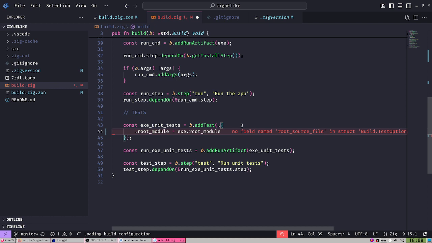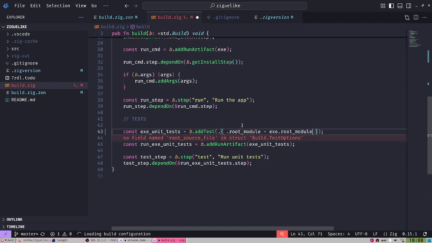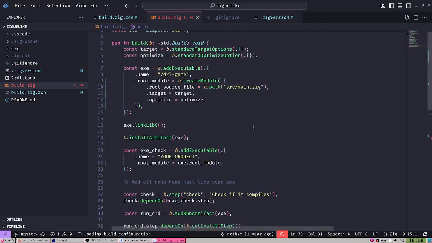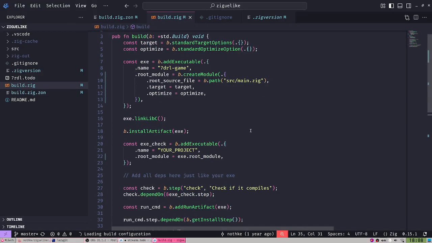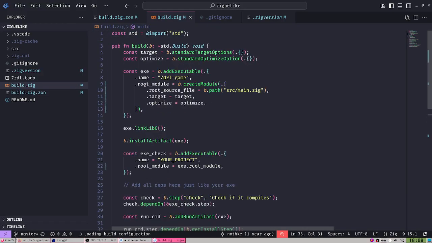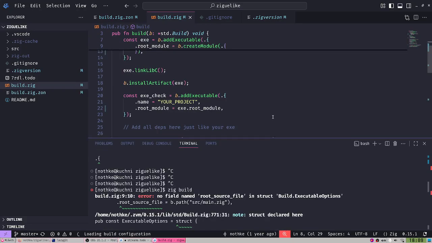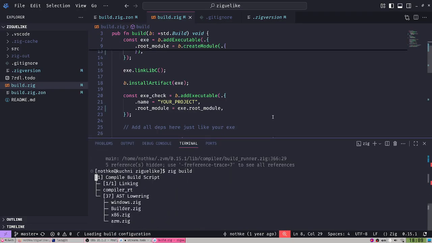I can even do away with this comment, and then it will just be inline. Nice. All right, so that should be it. I think the build script is now updated completely. So everything we have done is just replace the root source file with the root module and then define the source file in the root module. There it is. Okay, so let's build this and see what our next issues are.